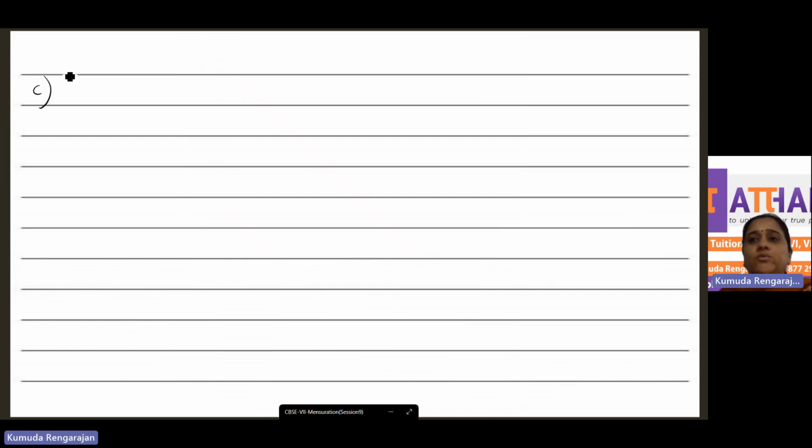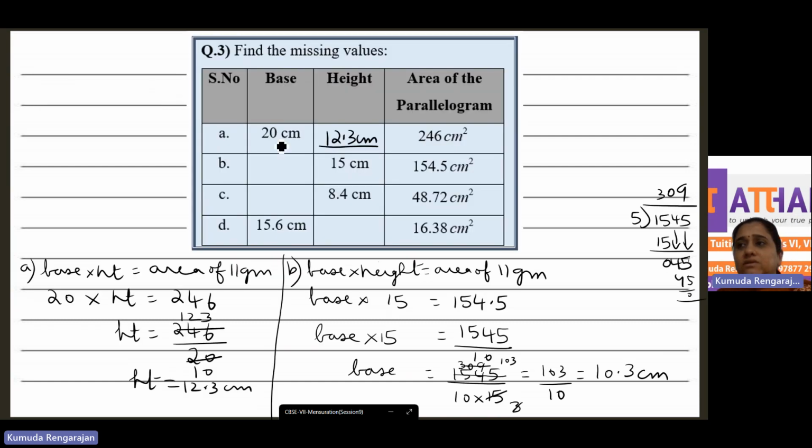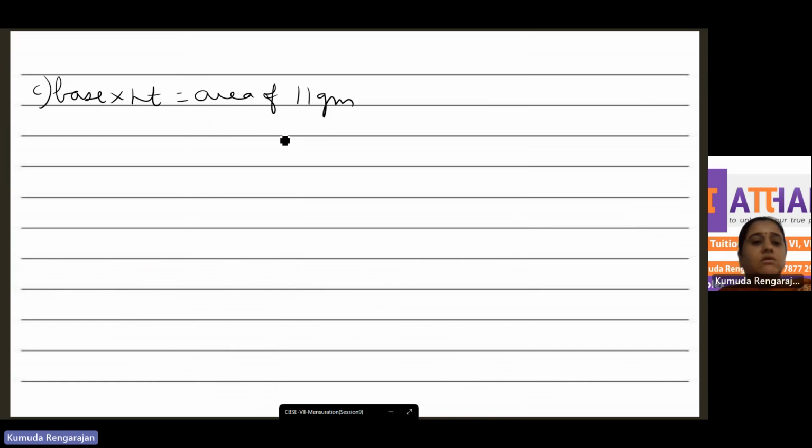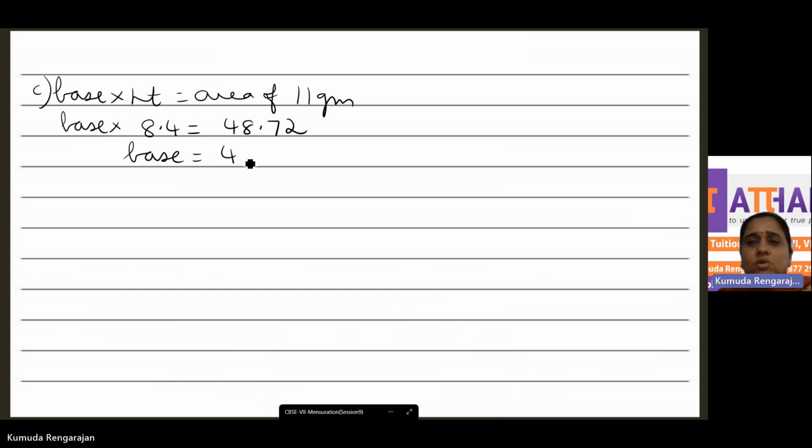Now see. Again, how do we start? Base into height is equal to area of the parallelogram. Area of parallelogram, that's the first step. What is given? Height is given, 8.4. So base into 8.4. Okay, then next step. Base is equal to... You don't shift the decimal point. Shift the decimal point. Base into 8.4 is equal to